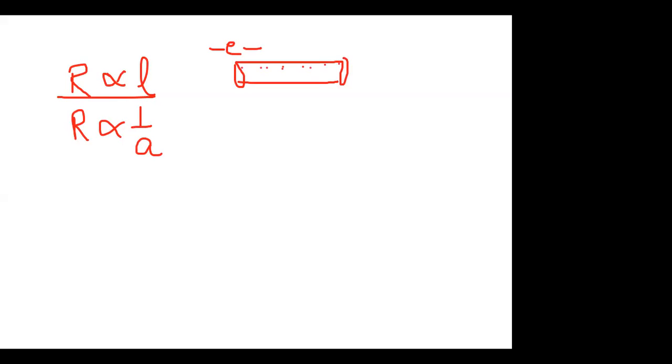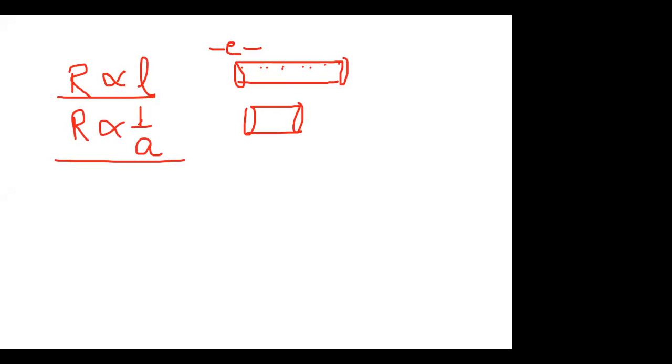But it is inversely proportional to the cross-sectional area, meaning that if you are taking the same amount of wire and the cross-sectional area is more, then the interatomic spaces are more, and therefore the electrons are able to move easily through it. So that is why it is given like this. You study this in detail in physics also. But resistance is directly proportional to the length and inversely proportional to the cross-sectional area. The greater the length, the more the resistance. The greater the cross-sectional area, the less the resistance.